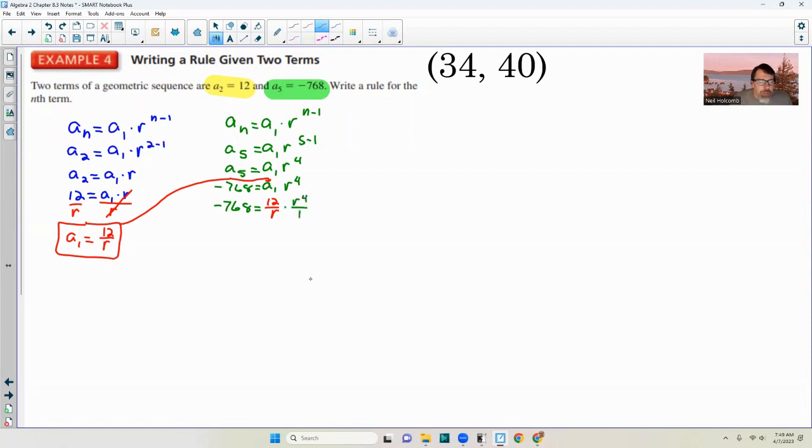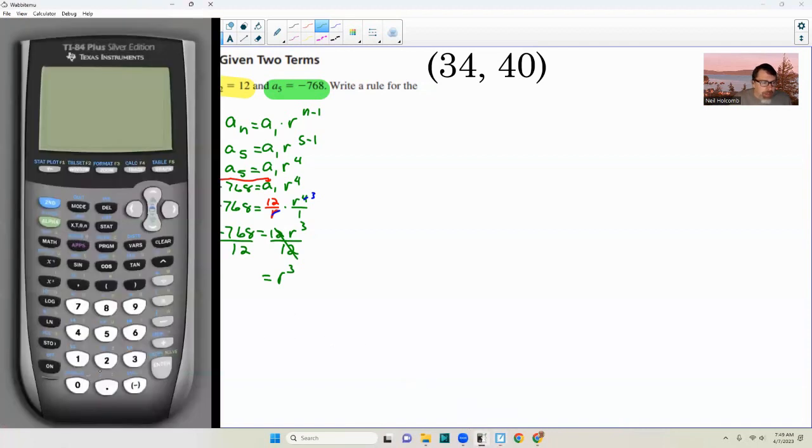Think of that as over 1. And this is very similar to what we did a couple of chapters ago. Okay, and then what we're going to do is cancel an r, and that 4 is going to become a 3. So negative 768 equals 12 r cubed. Now I've got it down to one variable, and I can solve for r by dividing by 12. And these 12s cancel, and I get r cubed equals